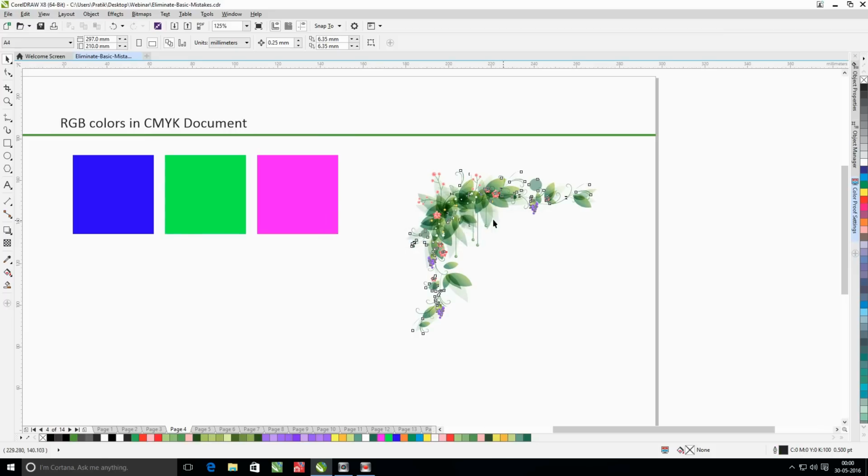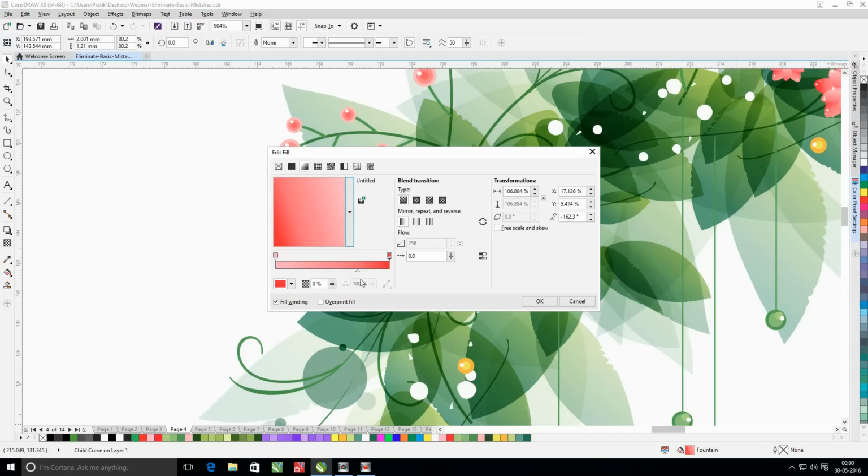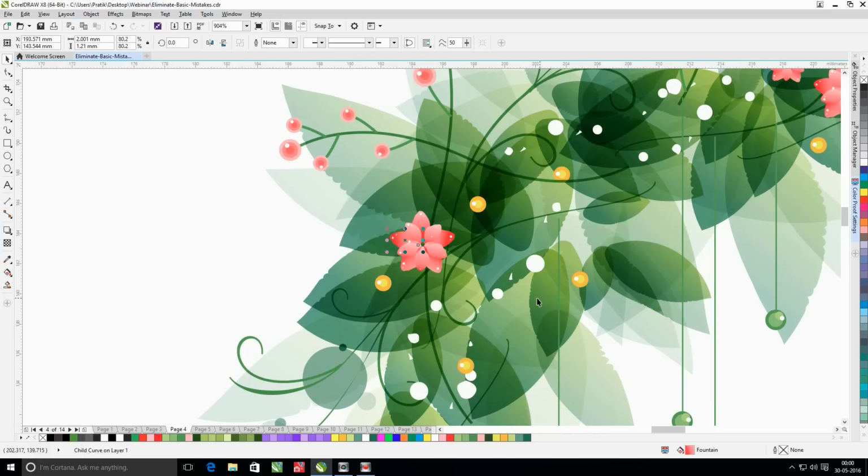That is it. And now this group of objects does not have any RGB colors, and all the colors are converted to CMYK. So that's one way of handling the RGB colors in CorelDRAW.